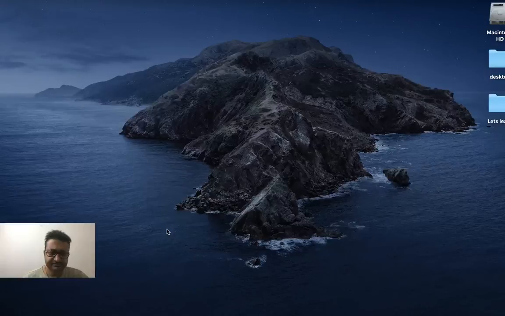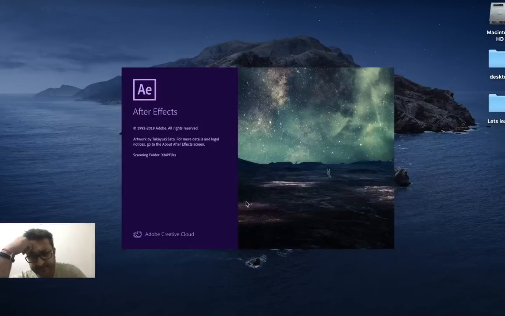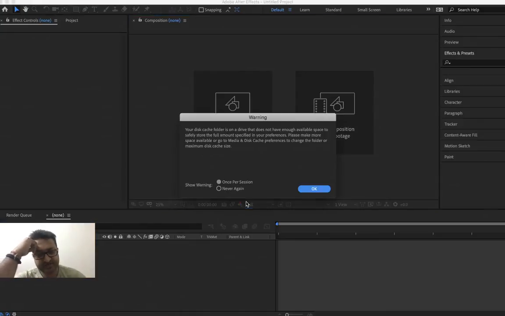Good to go. So likewise you can make any type of bubbly effect by using a shape layer and by using the roughen edge